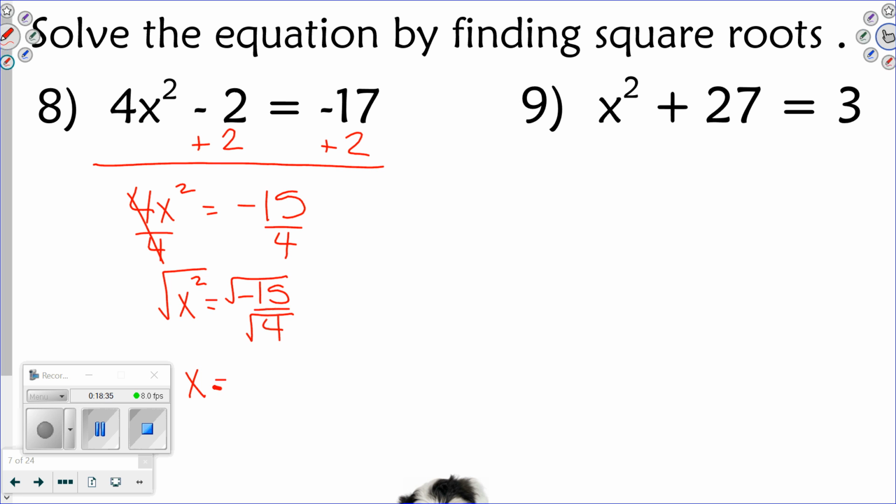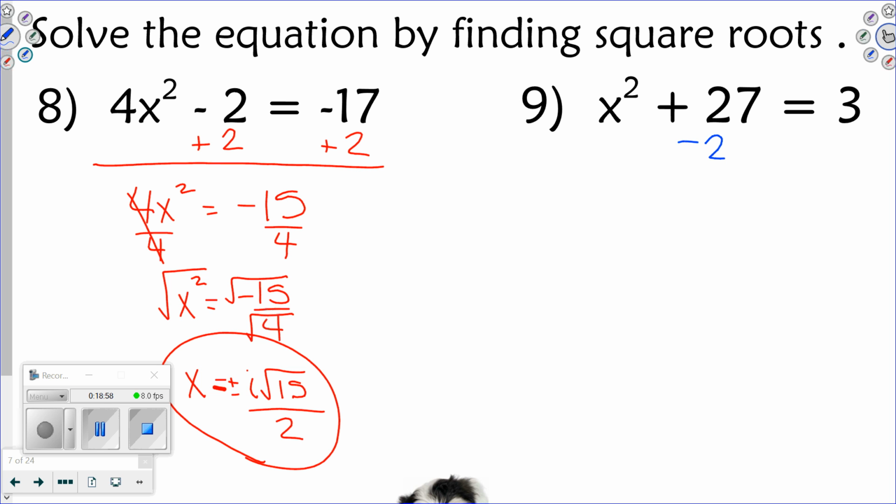So x equals, what happens on the top? i. So i radical 15. 15 won't break down, and the square root of 4 is 2. So I'm good? Plus minus. I already caught a couple of you forgot the plus minuses already. No, we just started. All right, and then number 9,